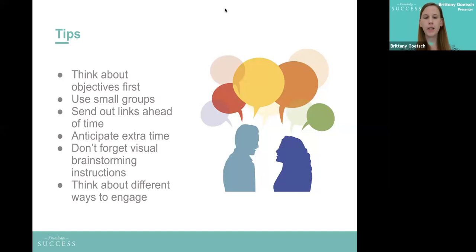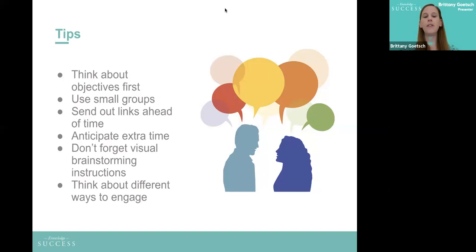activity. The next tip is to send out links ahead of your meeting to allow participants enough time to familiarize themselves with the platform. As I said, some of these platforms are very new, and therefore there may be a learning curve in terms of adding content, moving content around, or using the templates that do come with some of the platforms. But you should also be prepared to repeat the instructions during the activity, and this leads to the